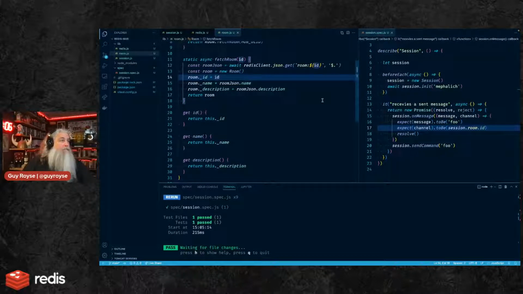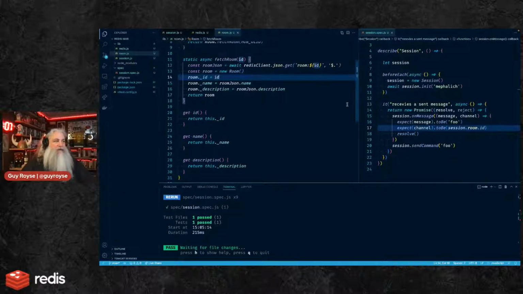And it's actually, well, I had half of an idea. It's a mixed idea. It's not necessarily a good idea. It's not necessarily a bad idea. It's kind of an interesting idea. Instead of having fetch room do a single call to JSON.get and then getting everything and serializing and returning it back, if someone changes that room in Redis because they do something, this doesn't get notified. And so creating some sort of hot object would be kind of nice.